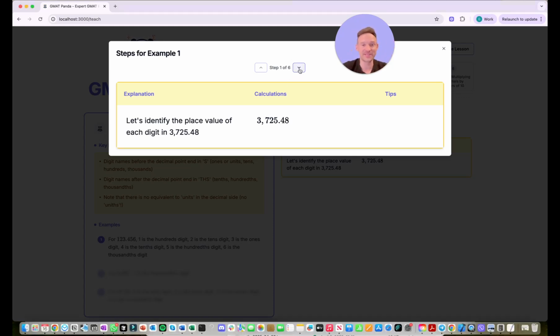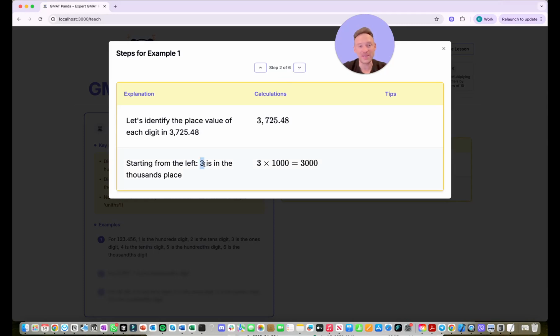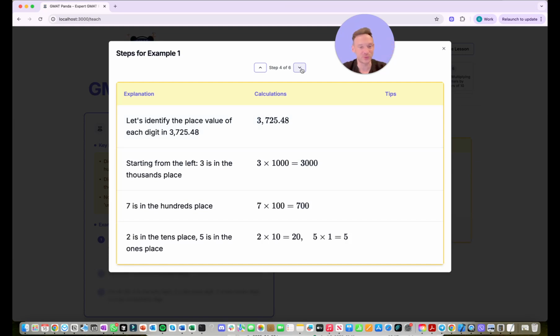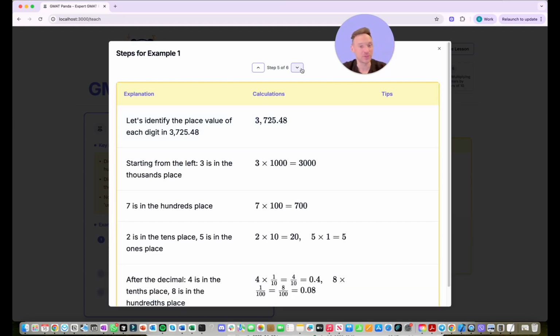So in this case, the 3 is the thousands place. Okay, so it ends in S and there's no TH. All right, and that's because it is on the left, so in the whole part. So this would be the ones, this would be the tens, this would be the hundreds, and this would be the thousands. Okay, and so 7 is the hundreds, like I said, 2 is the tens, 5 is the ones,